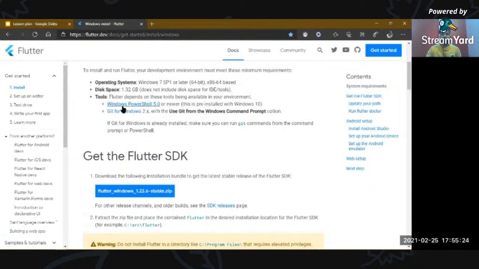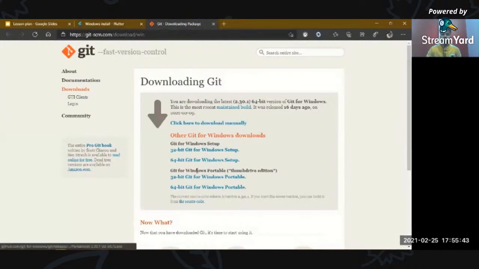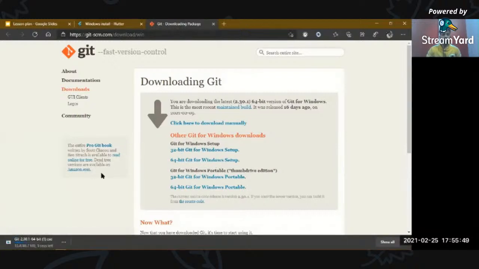Then the tools, yeah, we have talked about the tools. The first one is Windows PowerShell 5.0, which is already pre-installed with Windows 10. And if you don't have Git for Windows, then we have to install it with the Windows command prompt option. So let's just install it. I just clicked on the 64-bit version. Okay, it's downloaded.